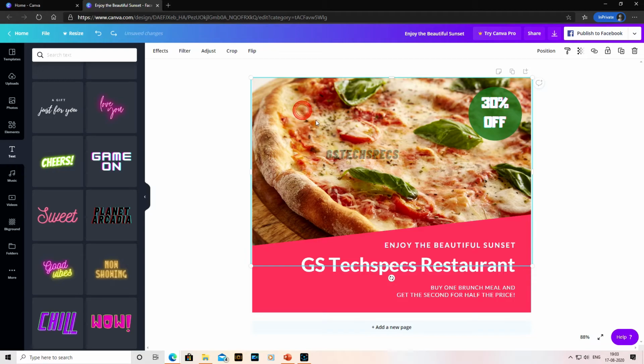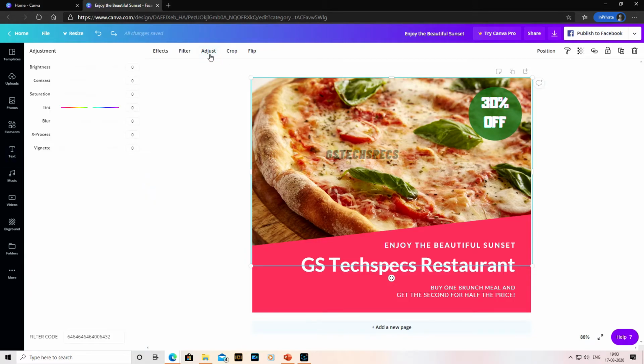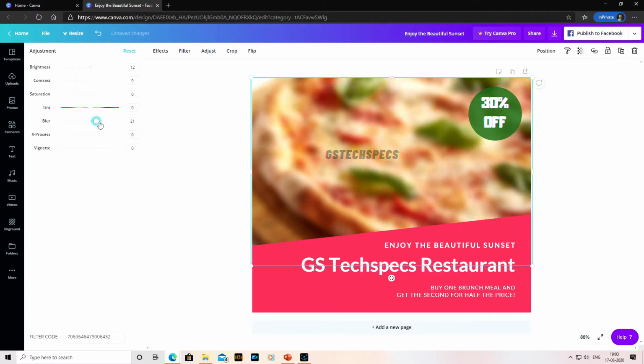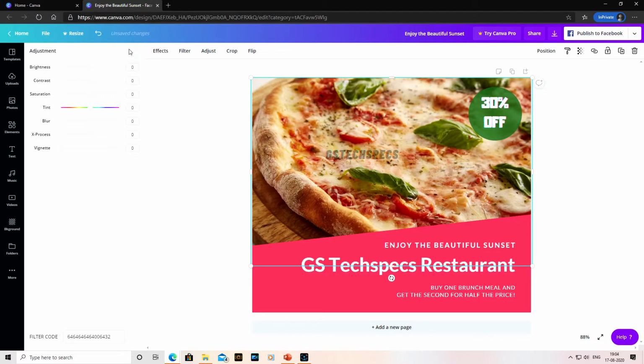If you want to make any adjustment to the image, you can click on adjust. You can make adjustments like increase or decrease the brightness, the contrast, the saturation, tint. You can also blur something like this. So if you've added multiple things, if you want to blur something on the background, you can also blur that. So it's a very nice option that you have available. If you end up messing something up and if you want to reset, just click on reset